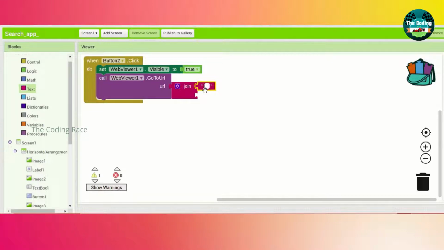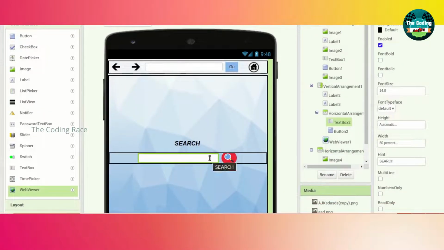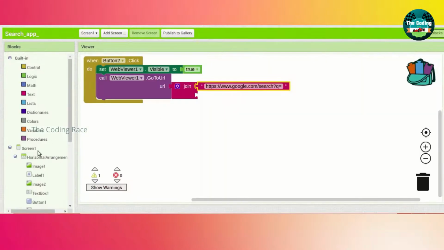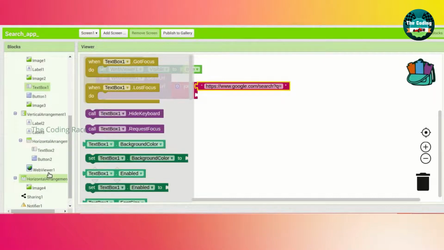There we will add one text join. Go to text and drag and drop this join block, and go to text again, drag and drop this text string. There we will add one link, https://www.google.com/search equal. That's it.